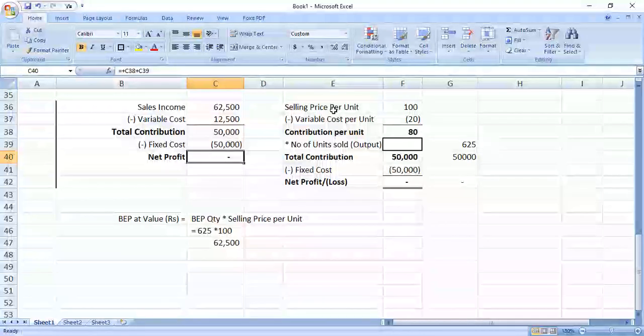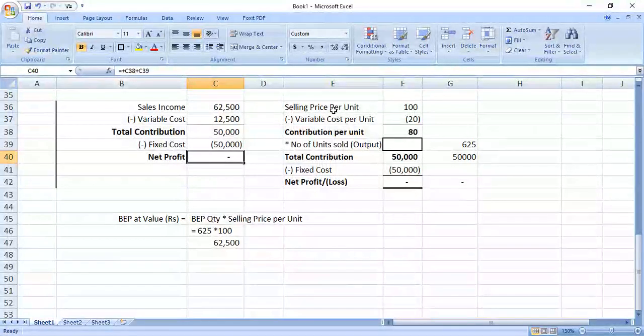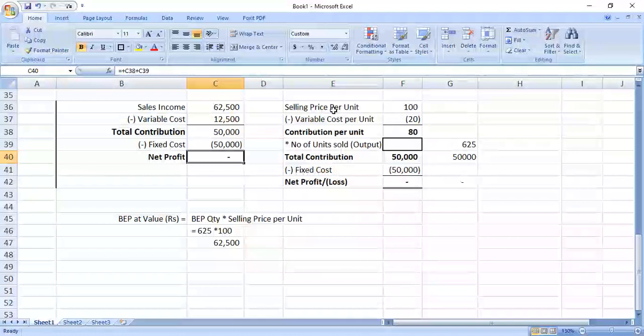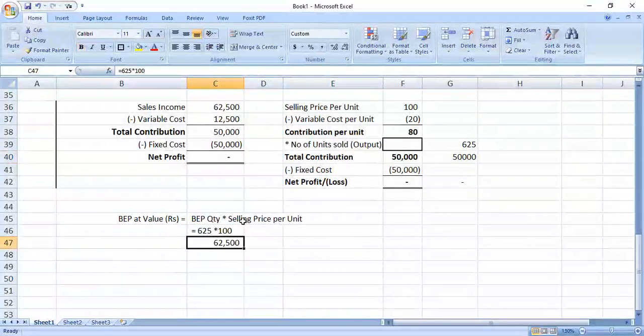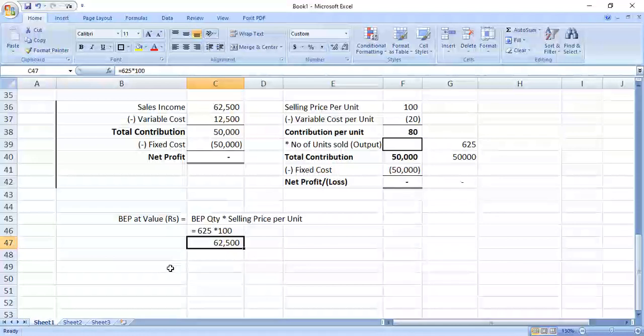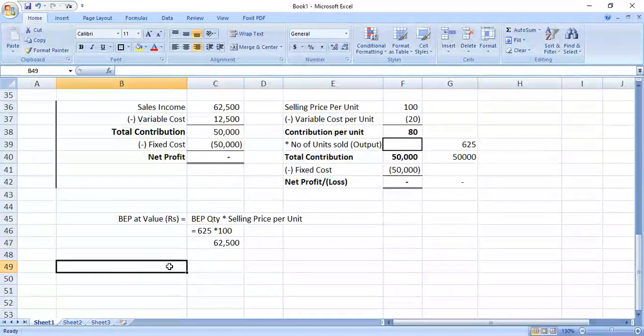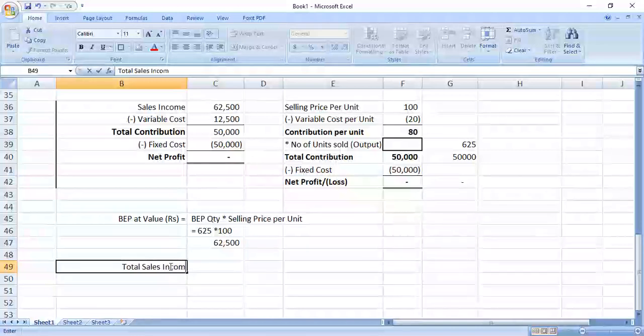Understood, guys? Break even point in value means all the value figures, they are asking for the income. We learn some more items, right? So all the value figures, actually the sales income, total sales income I can at break